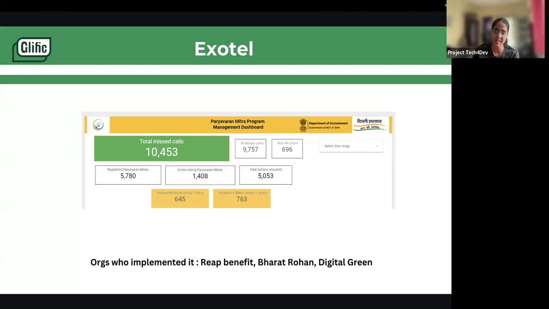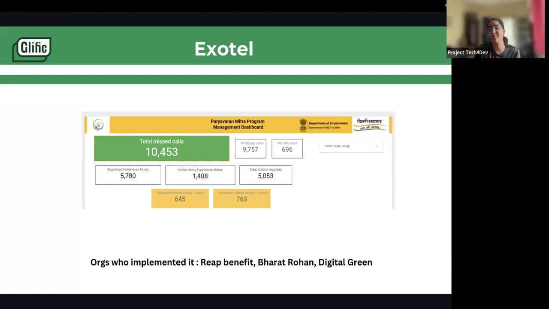The way the integration works is I can give a missed call on a number. It's basically hitting Exotel. And once I give a missed call, I automatically get a message on my WhatsApp. They have used it for opt-in, making their opt-in much easier. Instead of people saving your number and sending a keyword, or scanning or clicking on a link, Exotel is one effective way where people can just give a missed call and get a message from the bot itself. Post the first message from the bot, we still have to ask for consent and the other processes will follow. But this will ease the number of steps that people have to take for logging in.